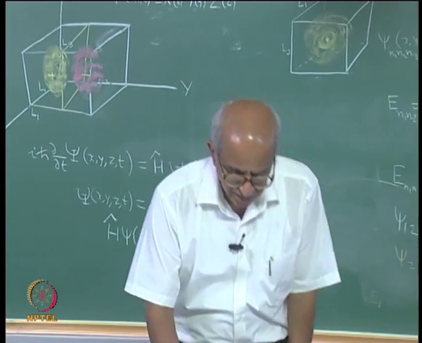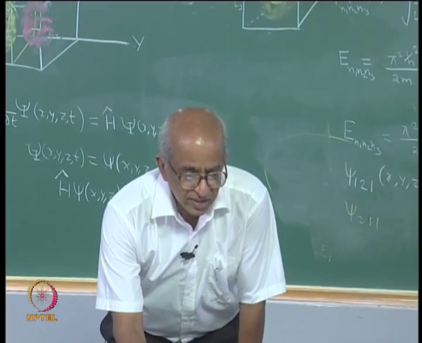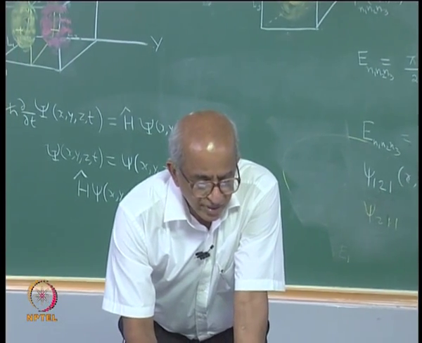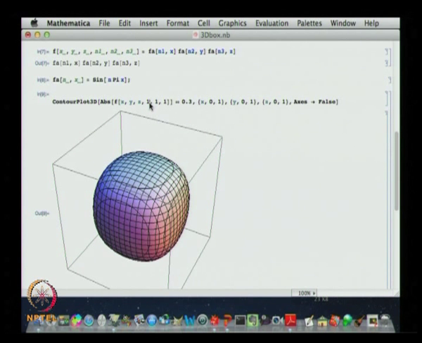I can draw pictures of other orbitals also in the same fashion. For example, let me just plot this. It will take a little bit of time because this is not a small calculation, it is a fairly lengthy calculation, and the computer will do the calculation and show you how the plot looks. As I told you, these things are plotted using the software Mathematica, which is extremely powerful. It is still doing the calculation. So, I have put one of the 3 quantum numbers equal to 2, the others are still equal to 1.